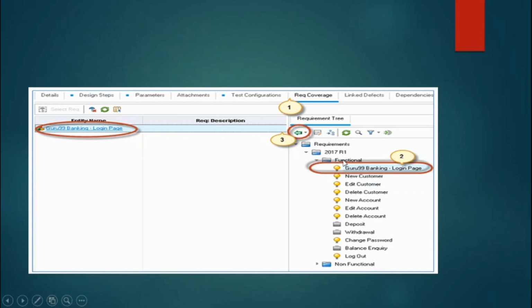For example, here you can see inside the functional folder, there are so many requirements, and I will select the particular requirement for which I have written this test case. Here I will click on the arrow button. So this test case is mapped to this requirement. This is so simple.